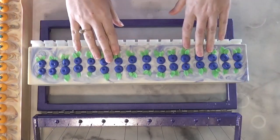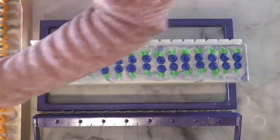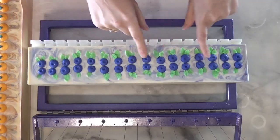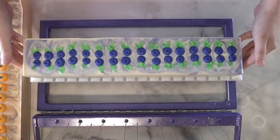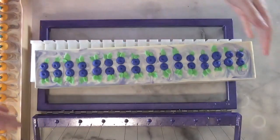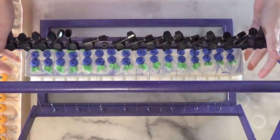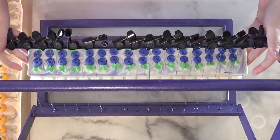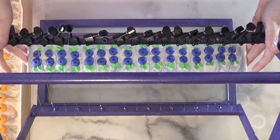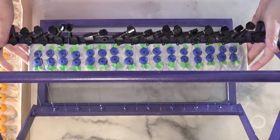I don't know if I should have done 2 or 1. This one only has 1. But I had extra and I was like, oh, why not? But I don't know. Now the other question is, are they spaced 1 inch apart? I had to do a little bit of shifting and moving when I was putting these on, and I really hope I shifted and moved them so that it is